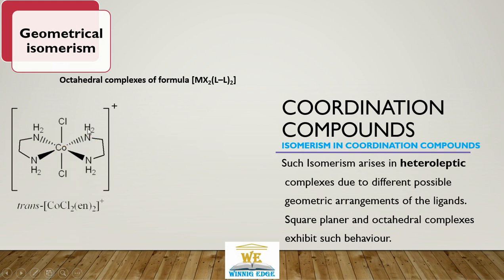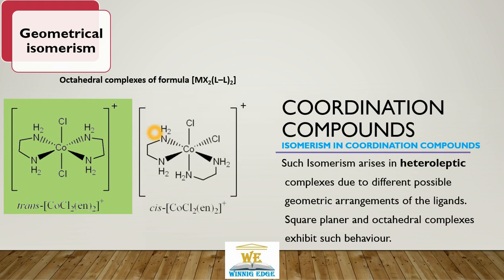This is a cobalt tetramine dichloro complex. This is a trans. Next, what happens? One of the axial positions is occupied by one of the nitrogen atoms of the didentate ligand, which is diamine, and chlorine occupies one of the equatorial plane positions, so it's adjacent to chlorine. This is called a cis complex. This is a cationic complex, so the name will be